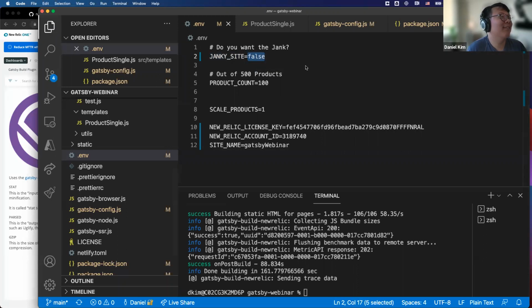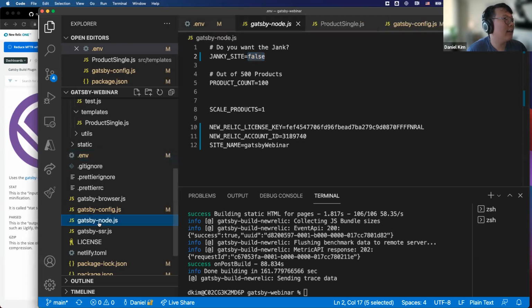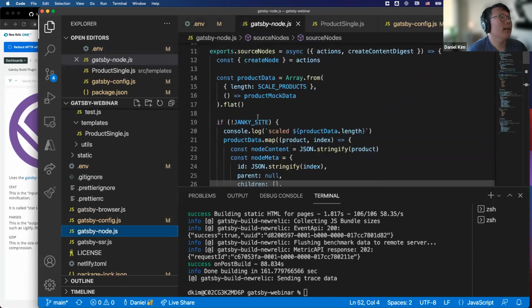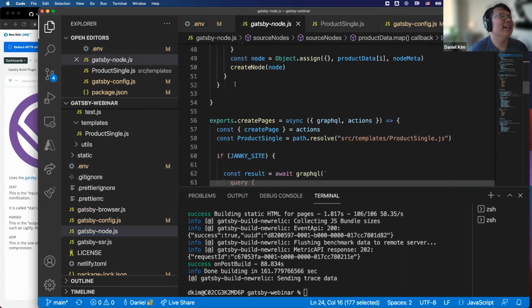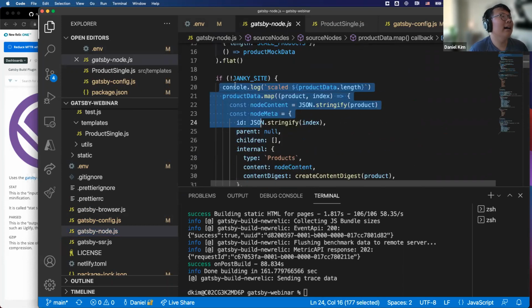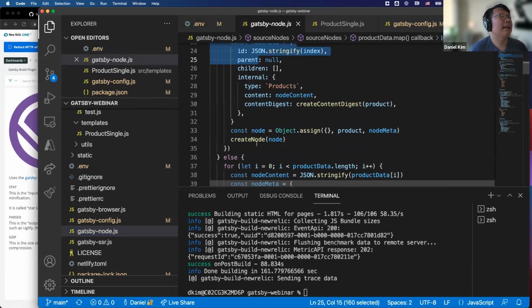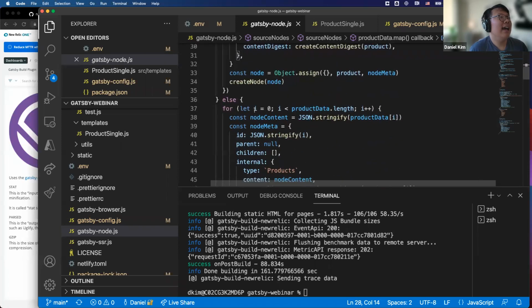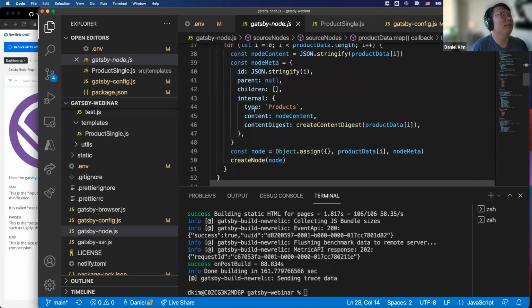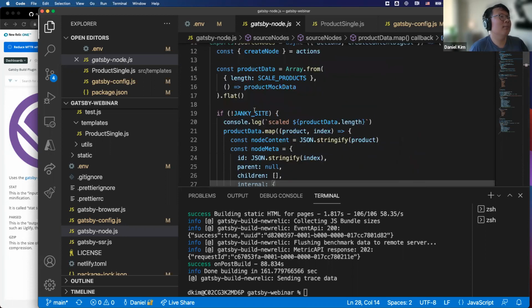And that does a couple of things. If you look at Gatsby node, we have this whole logic for janky site versus non-janky site. We made mapping each of the nodes really, really inefficient when it's janky, and we made it normal when it was non-jankified. So it should be a lot more efficient in our build.